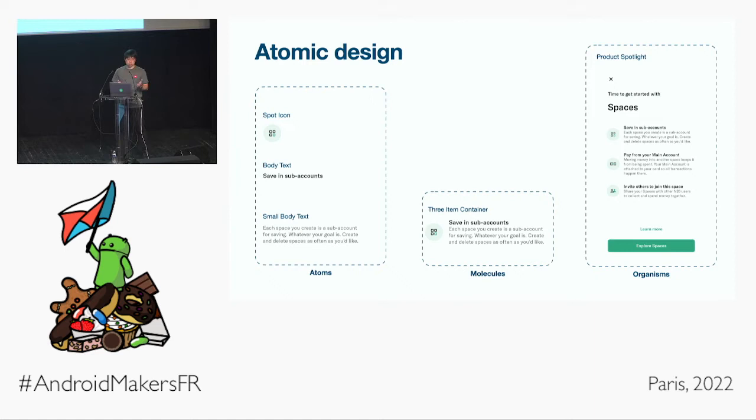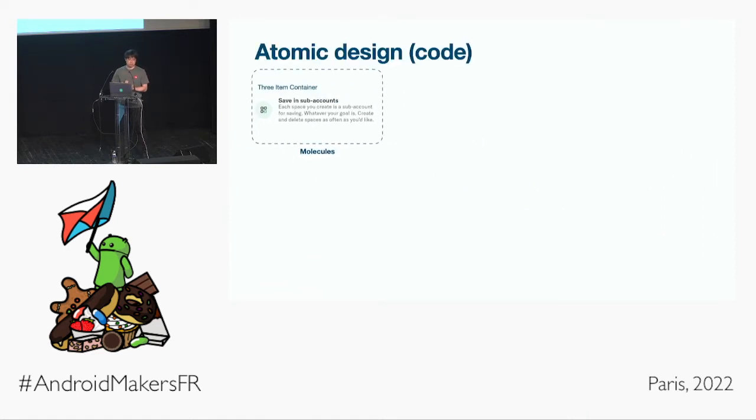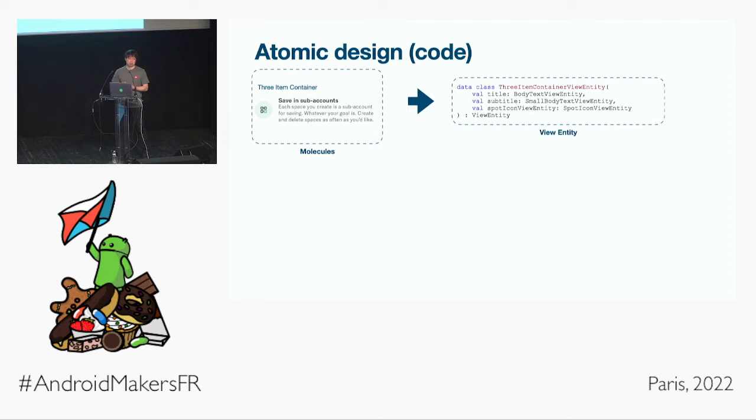And atomic design, as you see, is not only design, but also code. So now I will show how the code is. For this 3-item container, we have a representation in code that is this view entity. You can think of it like a view model, not the view model from Android, but a view entity. It's like a data class that represents this 3-item container that contains the title, the subtitle, and the spot icon view entity. And this view entity, you can think of it as the object that you want to set in the